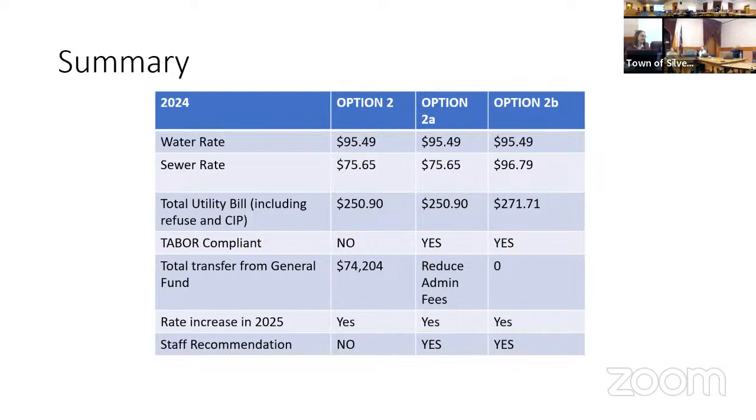If we reduce the admin fees now, do you see that being a policy decision in the future, or will it be much more nuanced when the rate study comes out? I would say it's a stopgap fix right now.